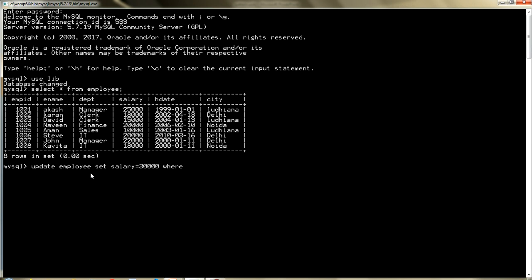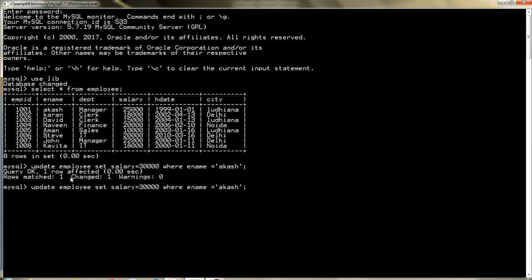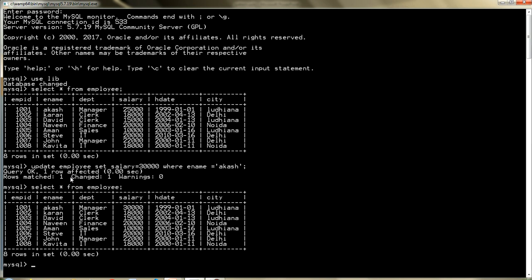So where ename is equal to Akash. We already know how to write the where clause, so there should be no problem. You can see here the rows matched and one row is changed. Now you can see the salary has been changed to 30,000.